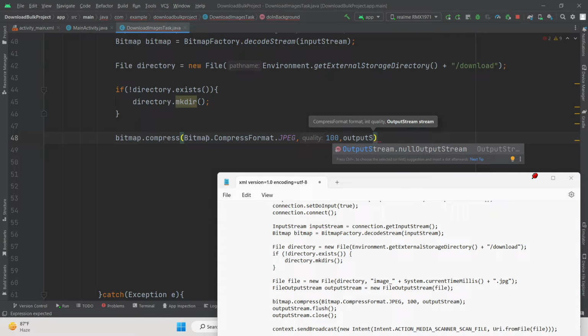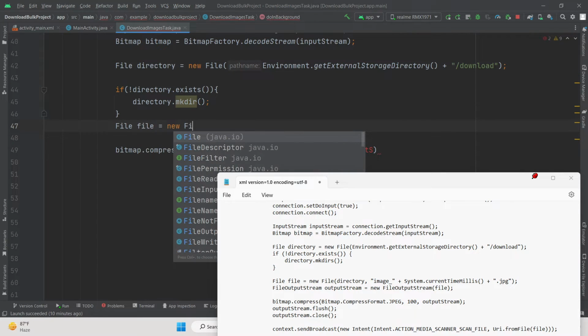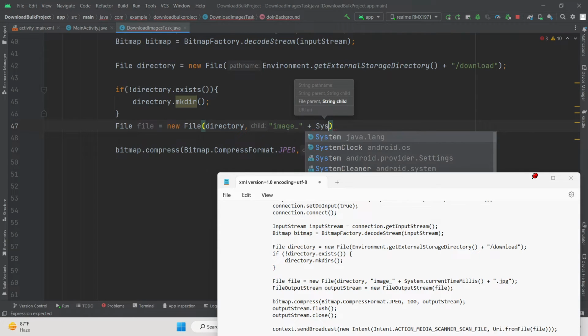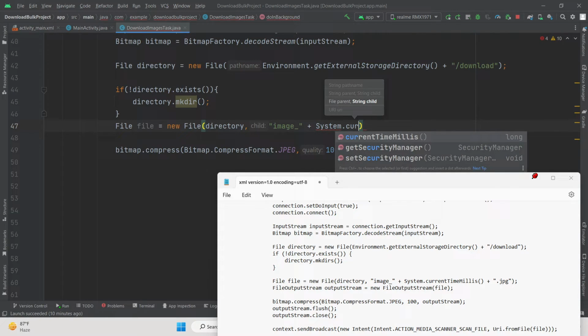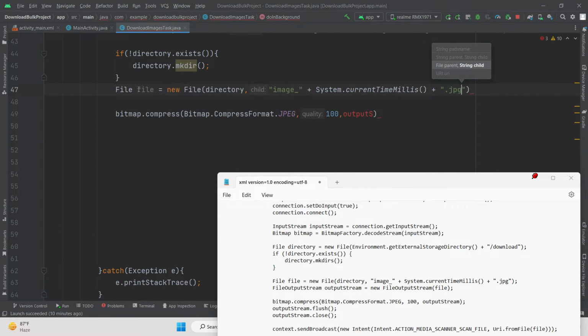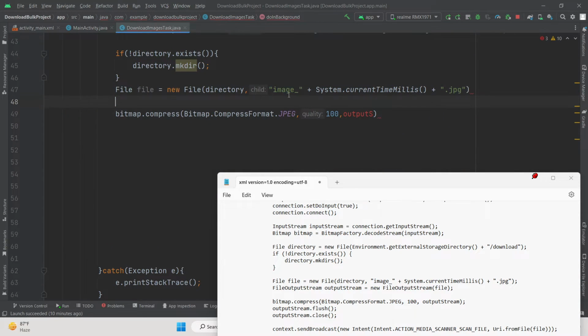Oh sorry, we also need to make the file. So for the file, we need to say the directory, and then the file name, which is image, and then this will be automatically generated by the System class, containing the current time in milliseconds, and then we will concatenate the extension jpg. So you can see what we are doing right here: we are making a file name, storing it inside the directory that we created, and generating a dynamic file